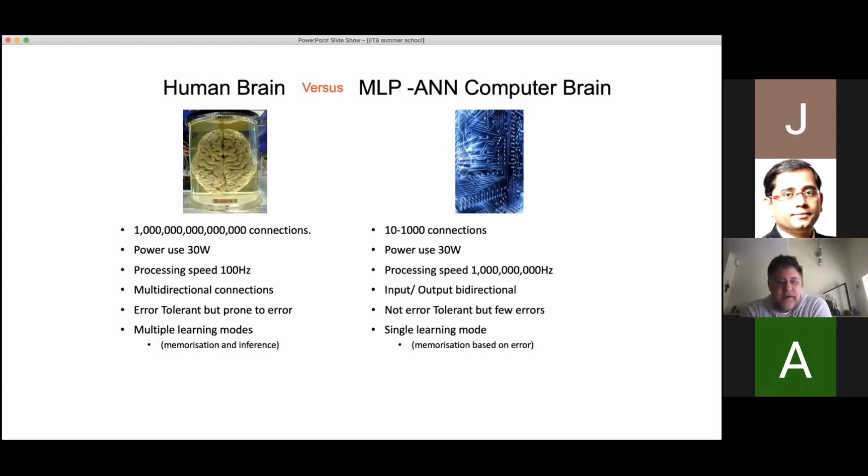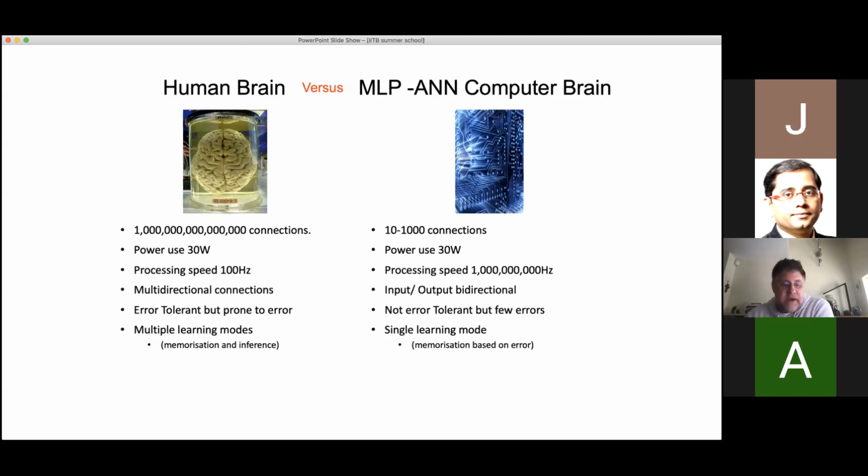Now, the human brain is very error tolerant. We all get things wrong often. Whereas if there's an error in a computer system, it will either stop a process or it will completely shut down the computer. So the human brain is very tolerant and prone to error. And it would not help from a survival perspective or an evolutionary perspective if we were to shut down as soon as we got something wrong. But computers are not very tolerant. We get the so-called blue screen of death, where a computer screen goes blue and the computer has broken, for want of a better word.